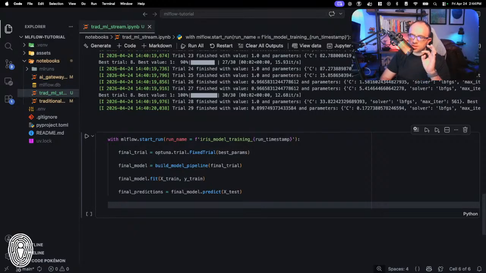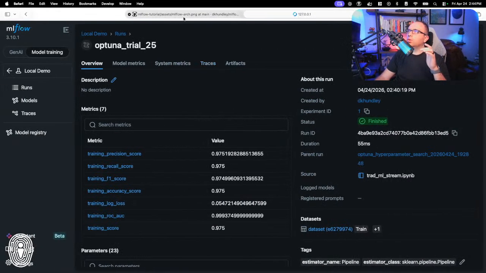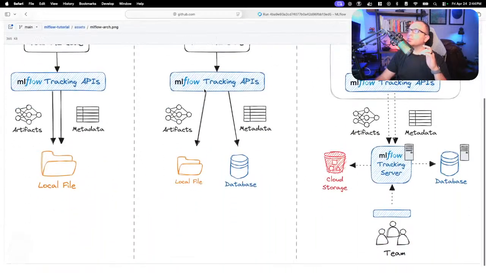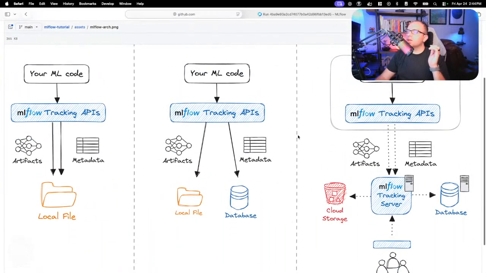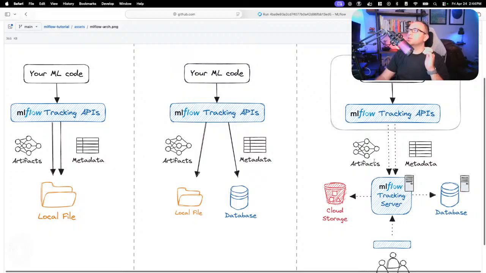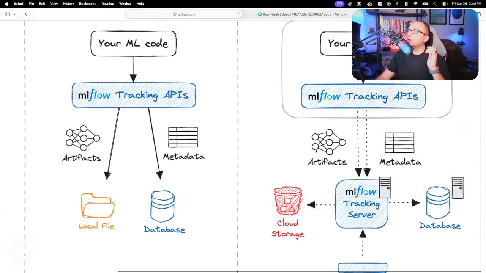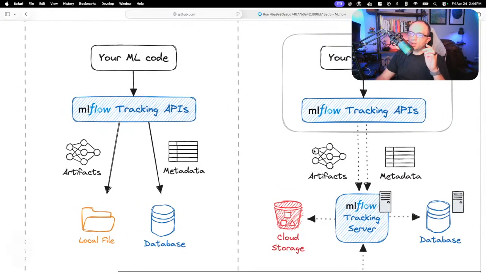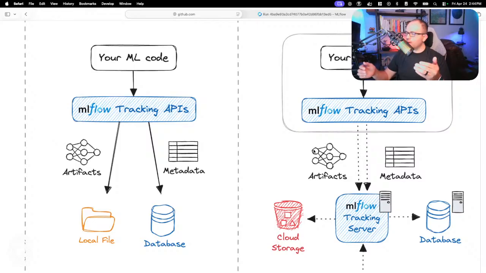Actually, a couple new concepts. So let's harken back to our image here. Now, our image here is not exactly indicative of this, but one thing that MLflow supports for traditional ML is that after I have trained my model, I can directly host that model for inference directly from the tracking server.